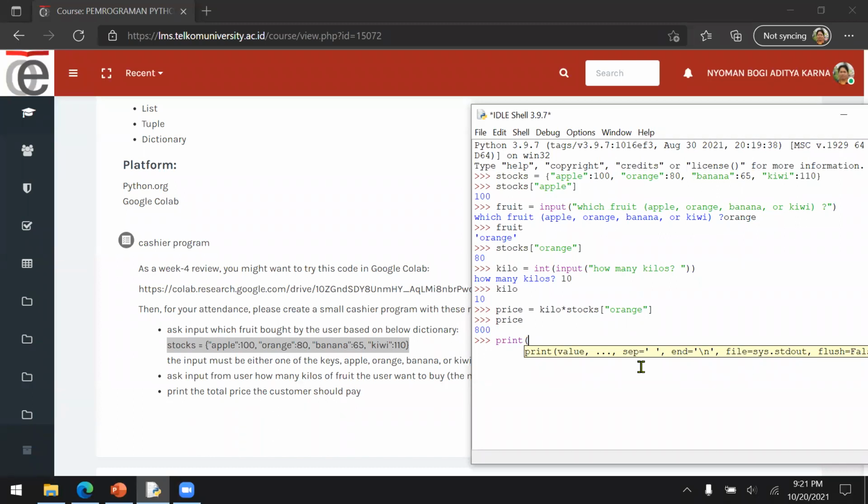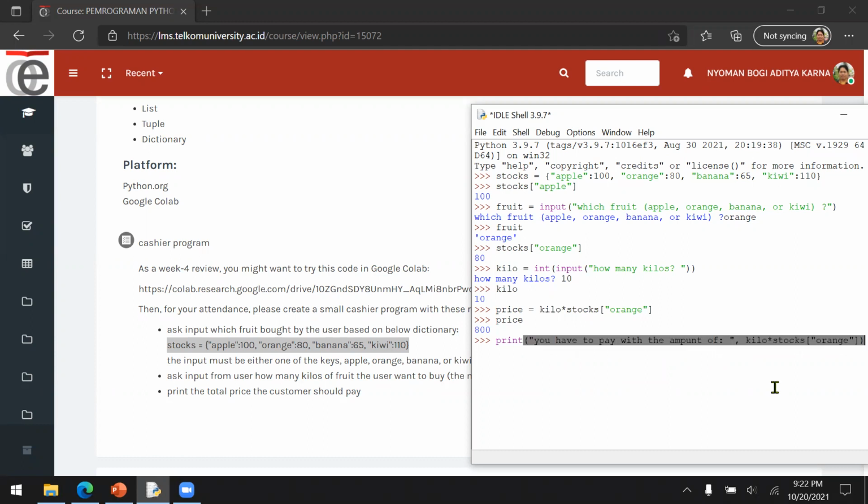Print, you have to pay with the amount of, and then this one. Okay, so you have to pay with the amount of 800. Okay, that's for the assignment from last week. So we use the dictionary for the assignment.